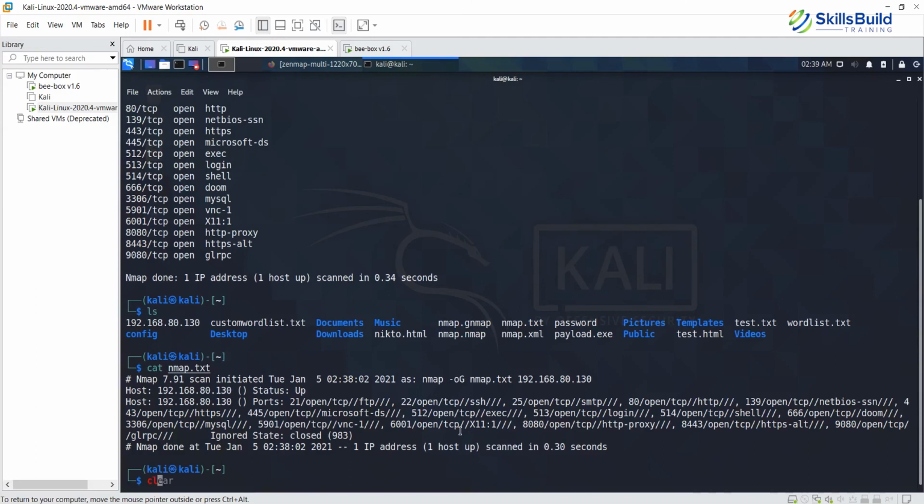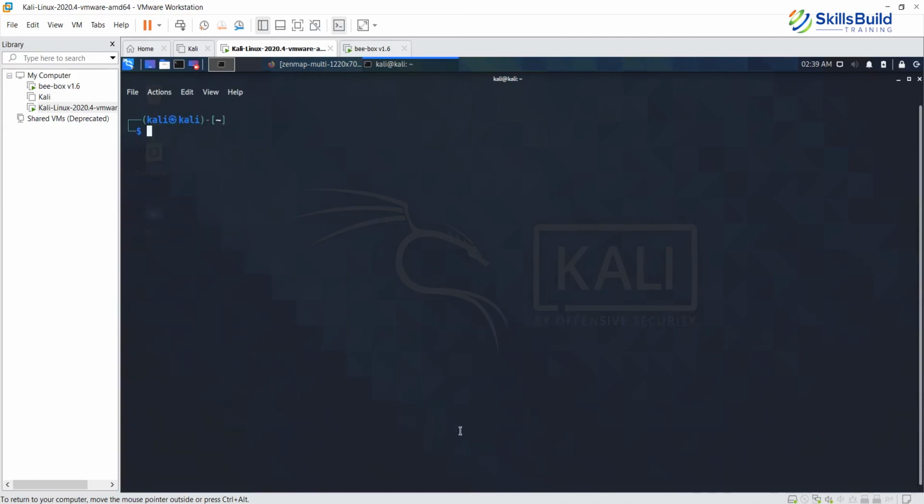Sometimes you would want to set a maximum number of retries to check if a port is open or closed. For this purpose, you can use the --max-retries parameter. If that parameter is set to 0, the packet will be sent only once and no retries will be done.